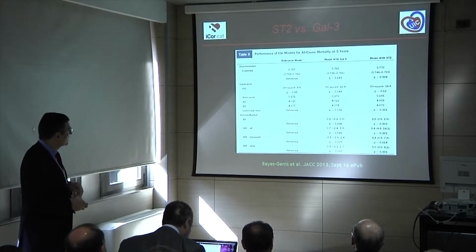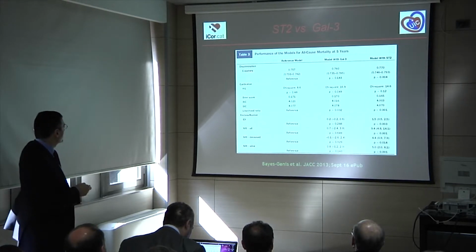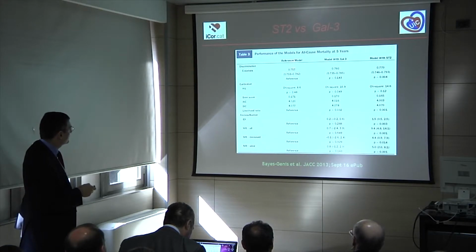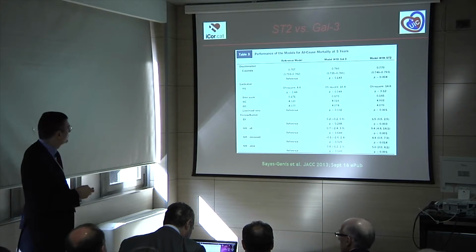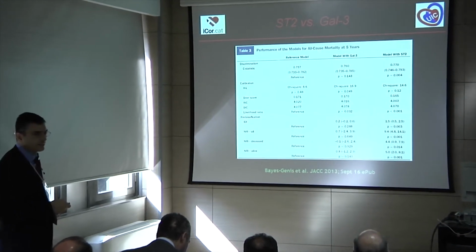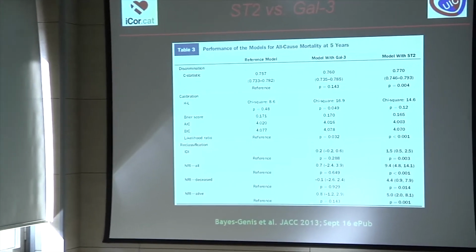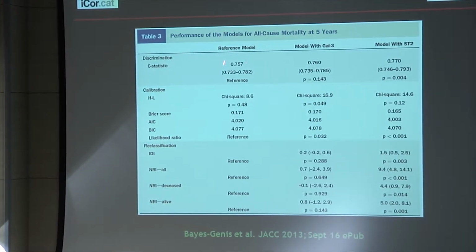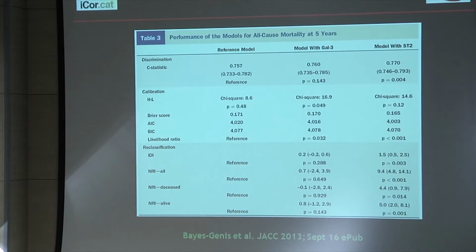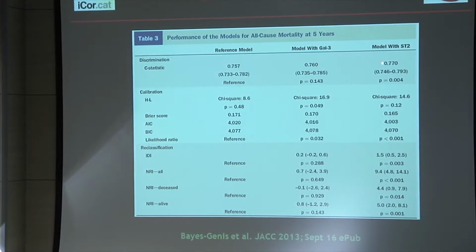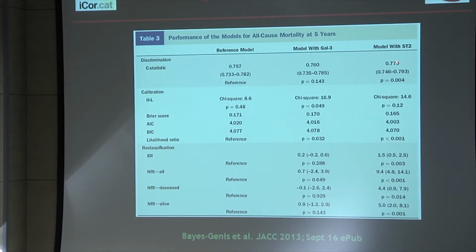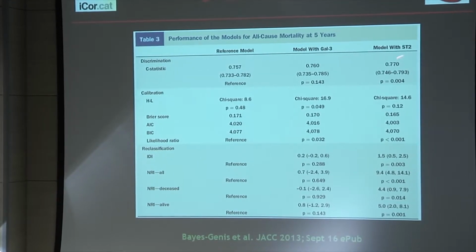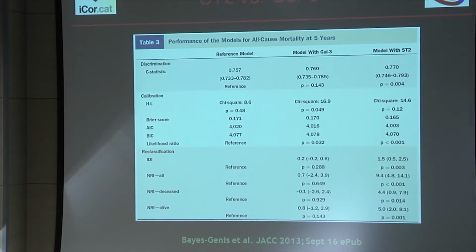What we proposed in this manuscript published in JACC is to compare discrimination, reference model with GAL3, model with ST2, calibration, and reclassification. Jim did such a great job that you probably already have the numbers. The C statistic is 0.757 in the reference model, 0.76 in GAL3, 0.77 in ST2. This is statistically significant, so by adding ST2 to the model, we are providing relevant benefit to risk